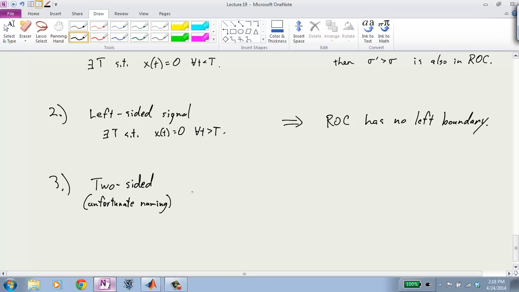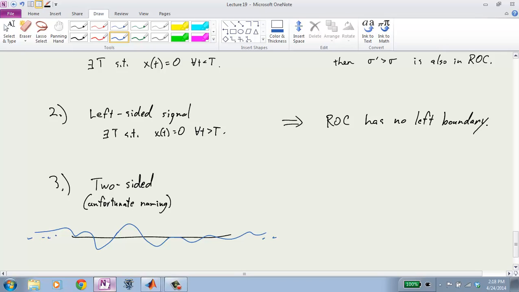It does not mean it's both left-sided and right-sided mathematically, right? It means, as the name implies, that it goes on in both directions and is not bounded. Technically, I would say it means nothing. Any signal you could say is a two-sided signal, all right? But the implication if you say something is two-sided would be that it's not